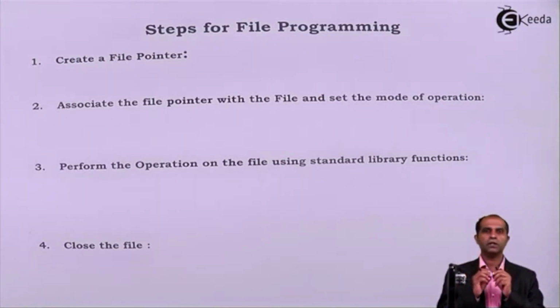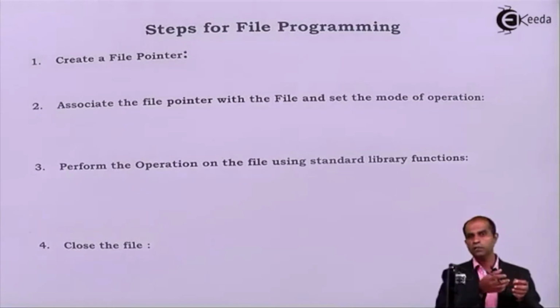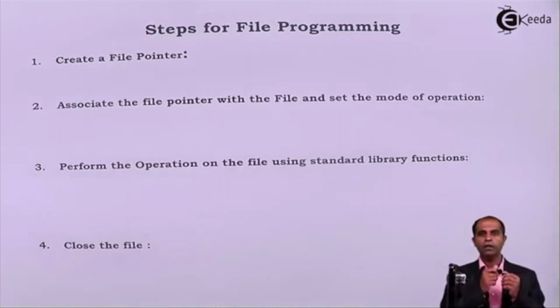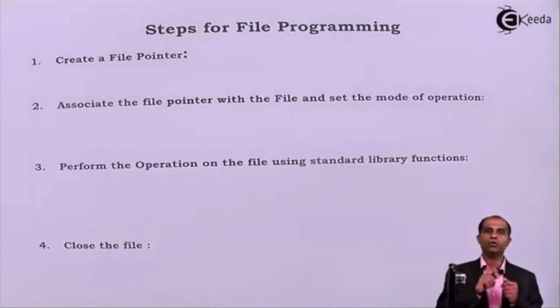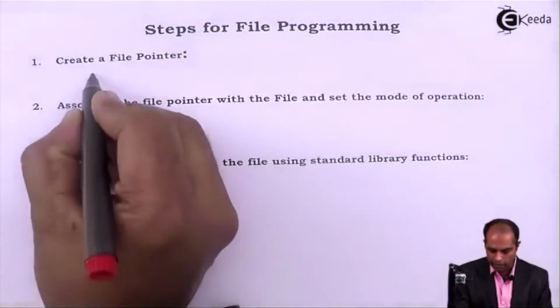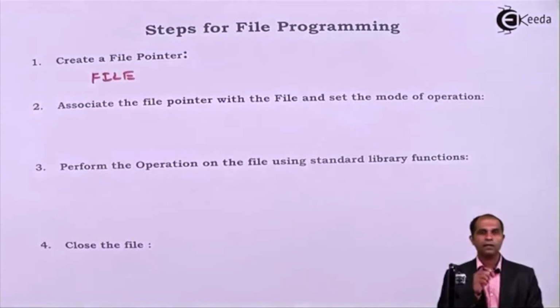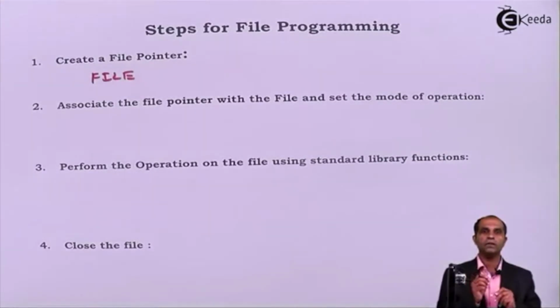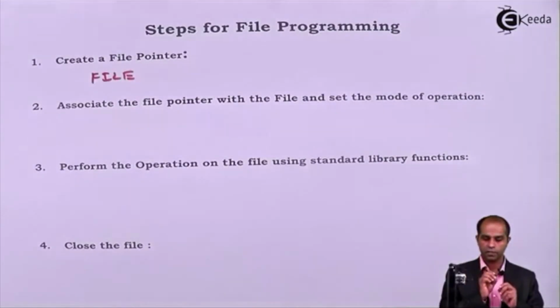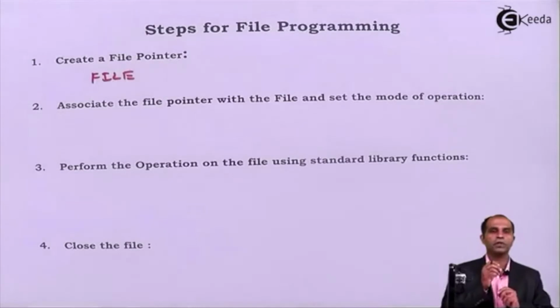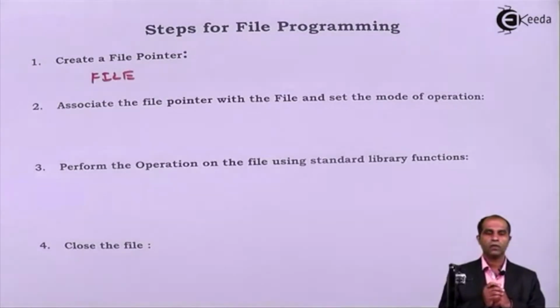In C language, the compiler has an inbuilt structure called FILE, which will enable the program to read the input or to deliver the output to a file. That inbuilt structure is called FILE, which appears in uppercase. Do remember that FILE is not a keyword, it is an inbuilt structure for which I'm supposed to create pointers. Now the question comes, how many pointers am I supposed to create?